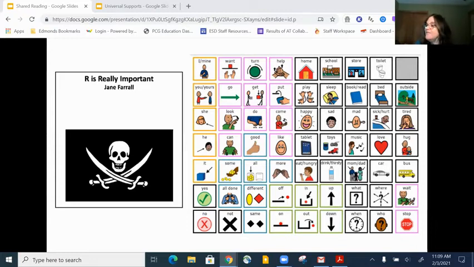If you want to put in the chat, what are some core words you might say here about this page? It can just be one word. Anybody got any ideas? I'll get us started.